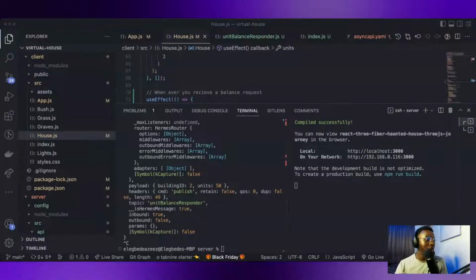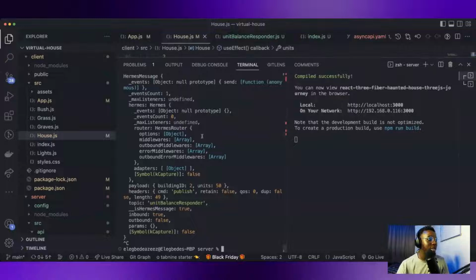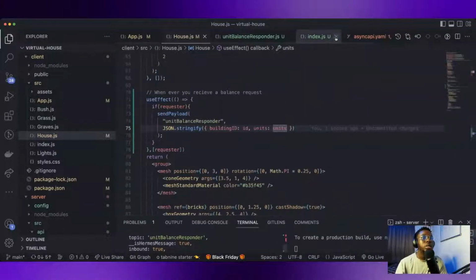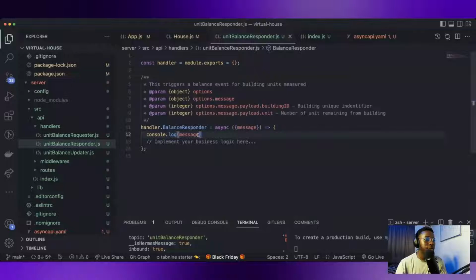So we received a message in the terminal, as you can all see, because we console the message. So we have some Hermes message, right? This is amazing. We have tons of message we don't need. What we eventually need from this message object is this payload. As you can see, this payload. So I'm gonna console.log the payload, message.payload,